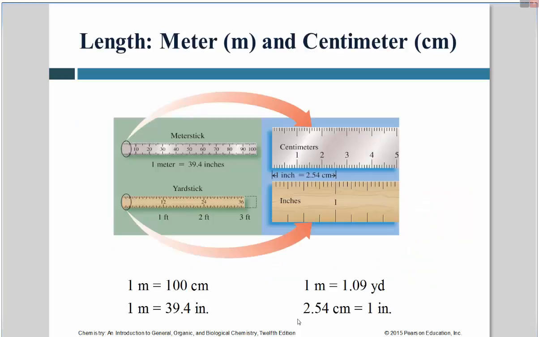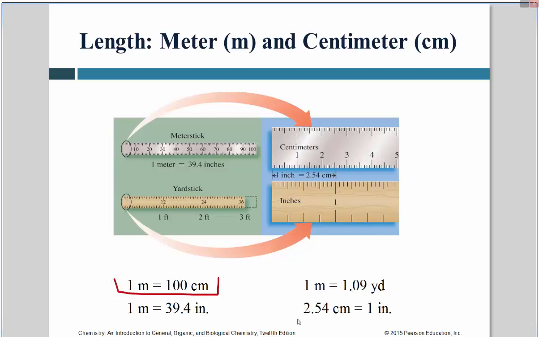All right, so why do we tend to stick with the metric and not go with the English? Well, first of all, we're the only country that I know of that actually uses the English system. In addition to that, it's actually easier for us to do calculations in our head immediately while we're standing there talking to a patient, or talking to somebody else in the scientific community. If you see here,